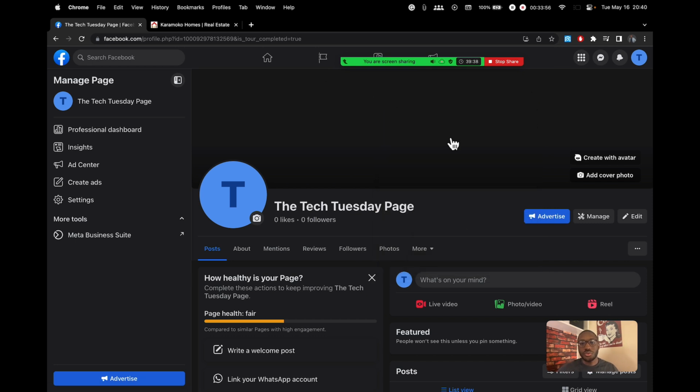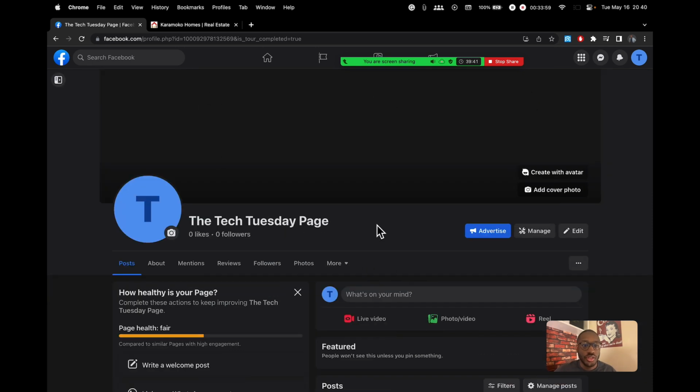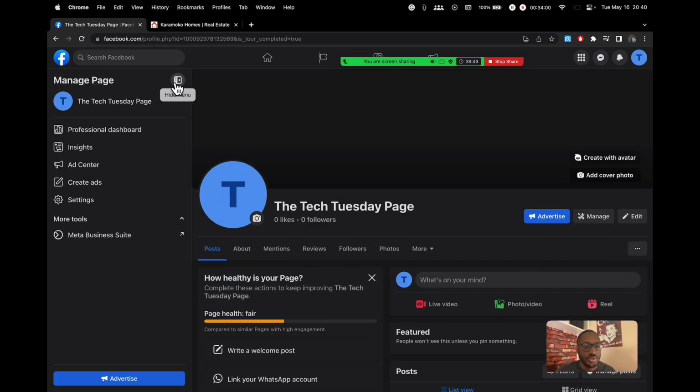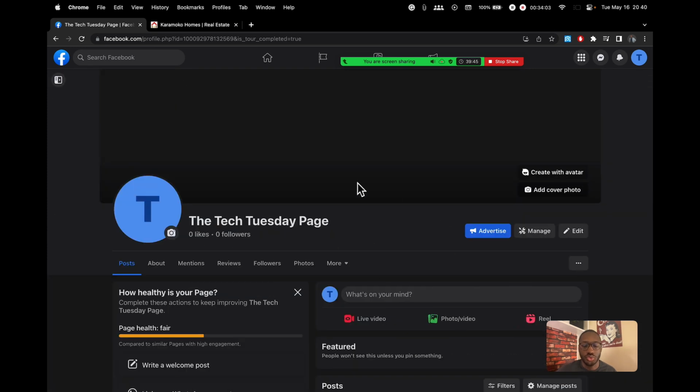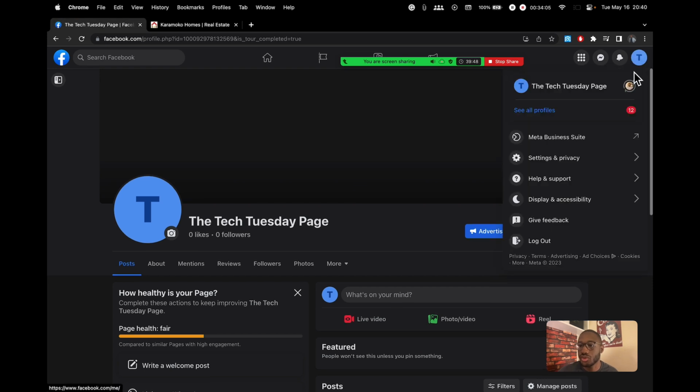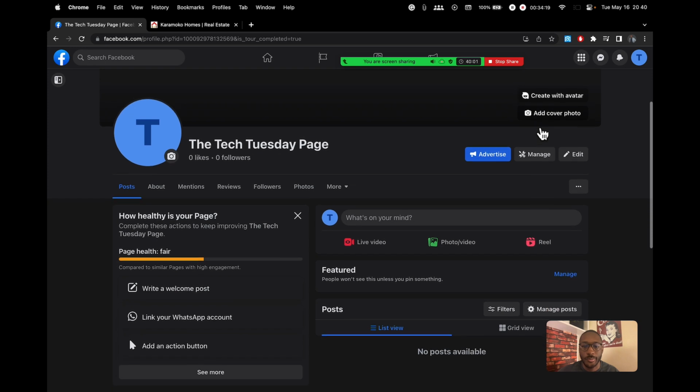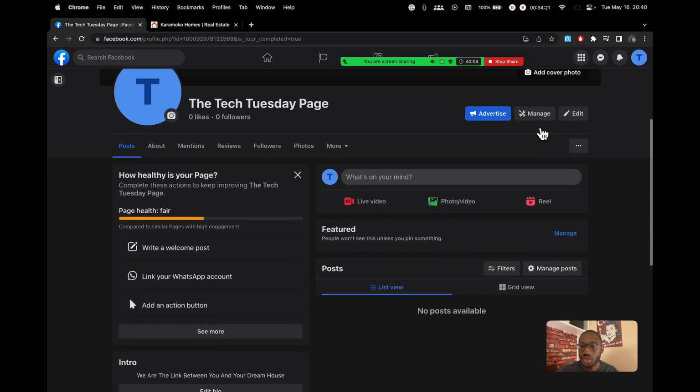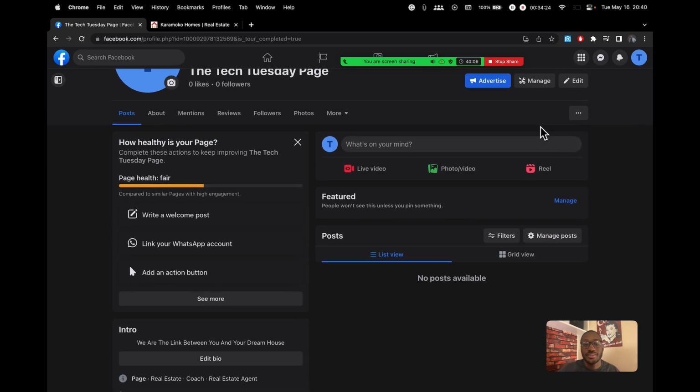All right. So now that we're on the page, like I said, you can collapse this here, by the way, by clicking on this button to show your full page. You can switch between your personal account and your business account by clicking on here and then clicking on the little circle arrow thing with your profile photo to switch back and forth. Once you're on your page, however, notice that it has nothing to do with your personal account.